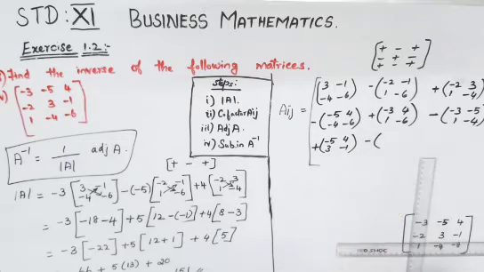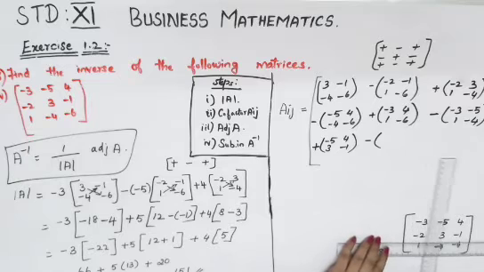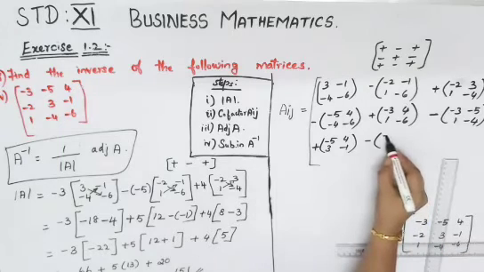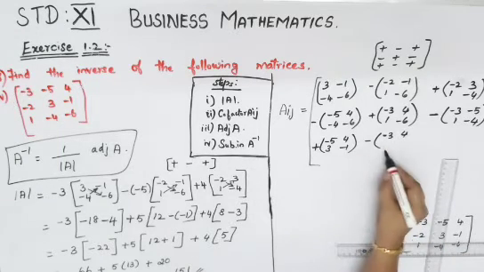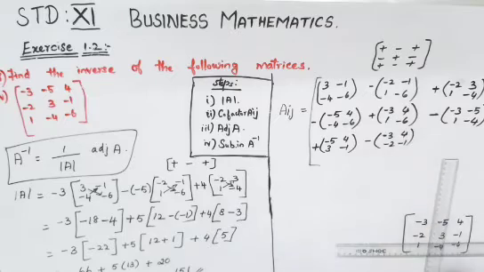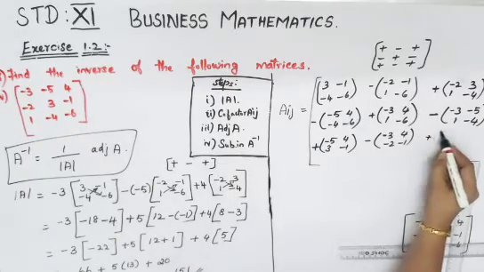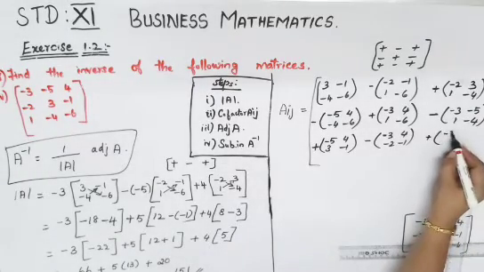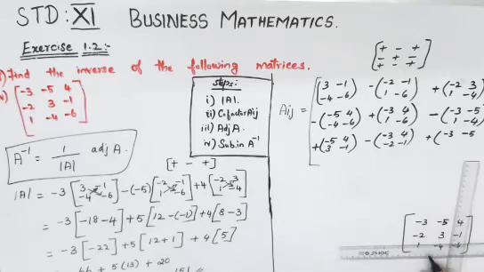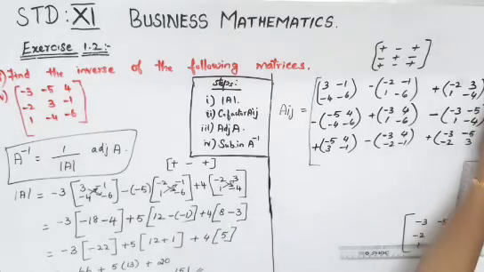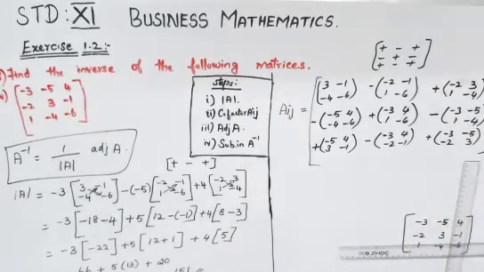Then again minus, open your bracket, second column, third row. Second column, third row: minus 3, 4, minus 2, minus 1. Then again third row, third column, last element. So the left out will be with plus, open your bracket, minus 3, minus 5, then minus 2, 3. So now you can close your bracket and this bracket also.